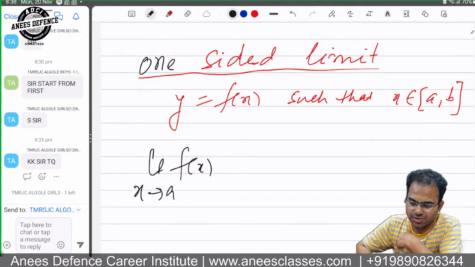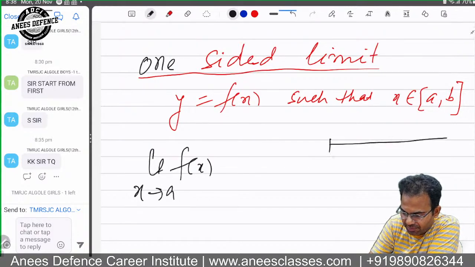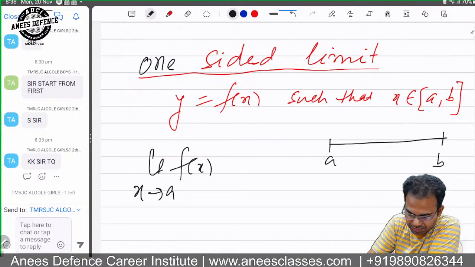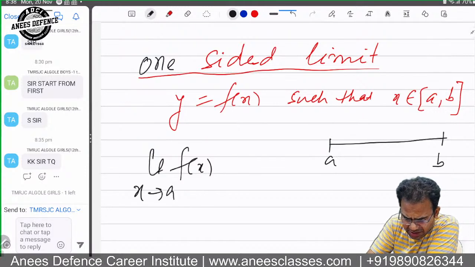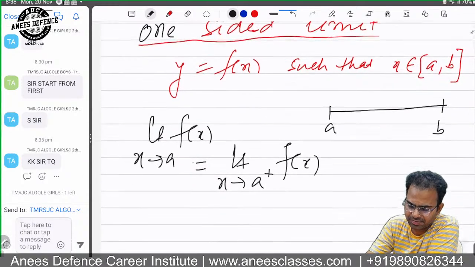Here a is closed. That means the interval starts from a closed to b. So limit x tends to a f of x, here I will find the right hand limit for a, that is limit x tends to a plus f of x,